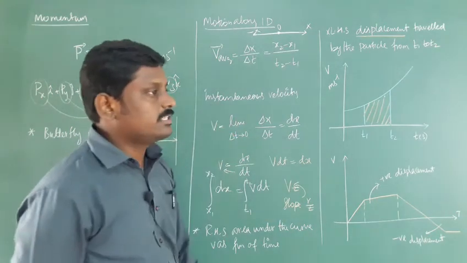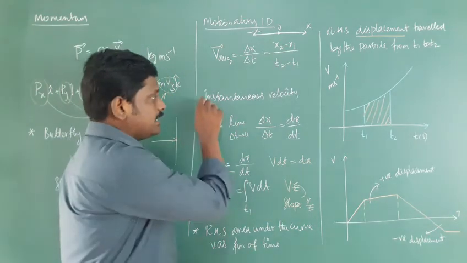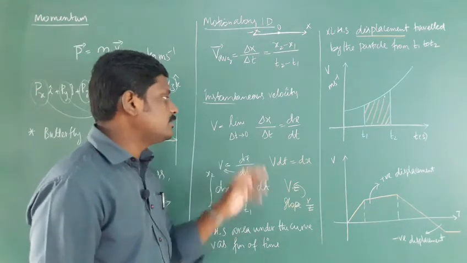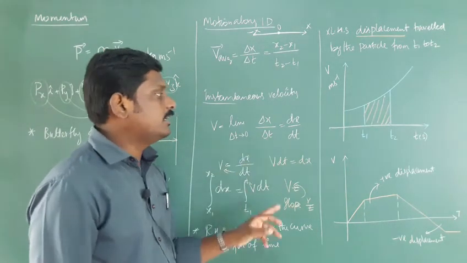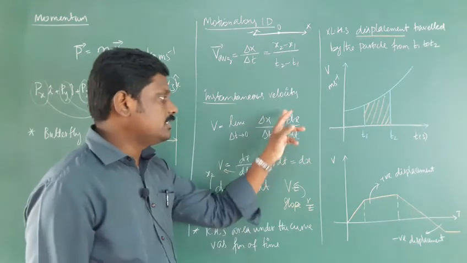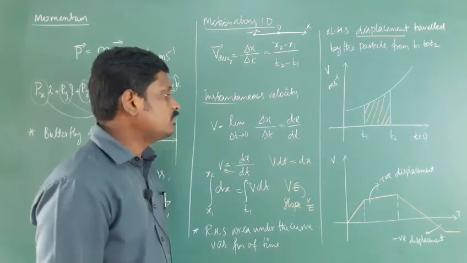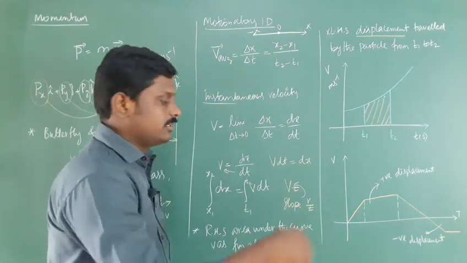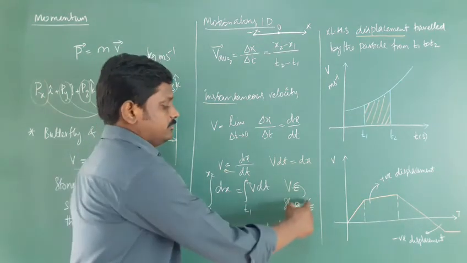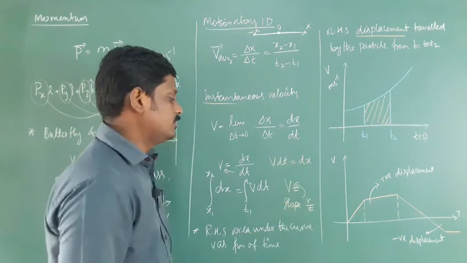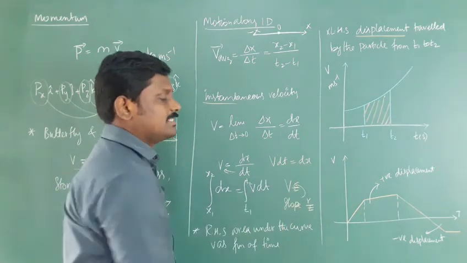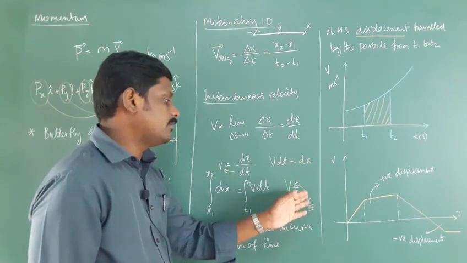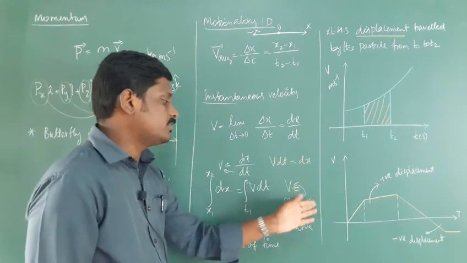Then what is the instantaneous velocity? Instantaneous velocity means the velocity at that instant. So the limit delta t tends to 0 of delta x by delta t, that is dx by dt. So the velocity can be found. The velocity is the slope of the curve between position and time. So velocity is equal to dr by dt, where r